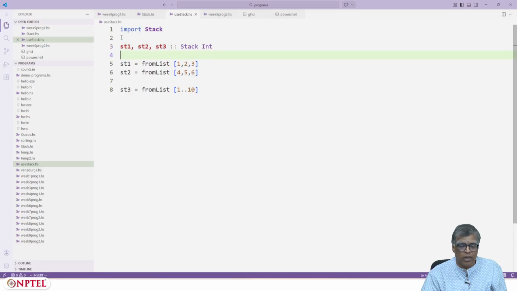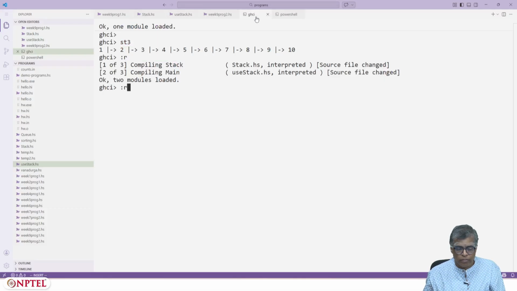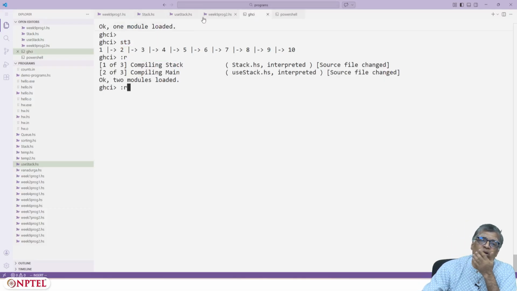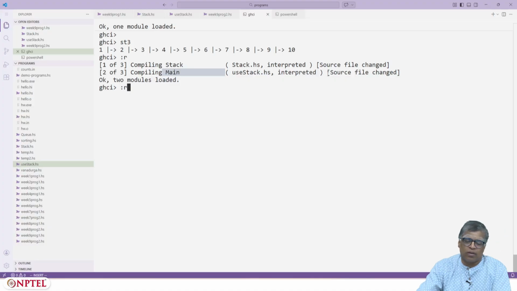Okay, let me try to do this. Before we do that, notice that when you are importing something, it will compile the imported Stack module as well as your main module, which is useStack.hs. So whenever you import something, whatever is imported will also be compiled.